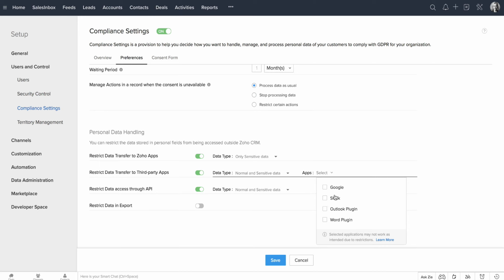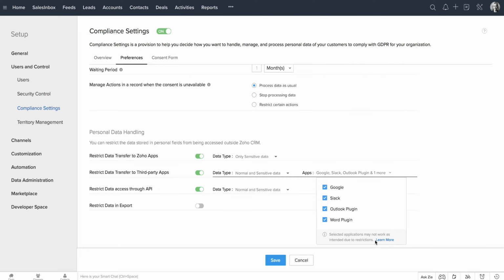See these, the applications that we provide, the integrations we are listing out here. If you want to say I do not want to do any transactions, any transfer between Zoho and Google, you can restrict them. And if you do not want to pass on the personal data to any of these services, you can still do it. Once I am done with that, it says the selected applications may not work as intended due